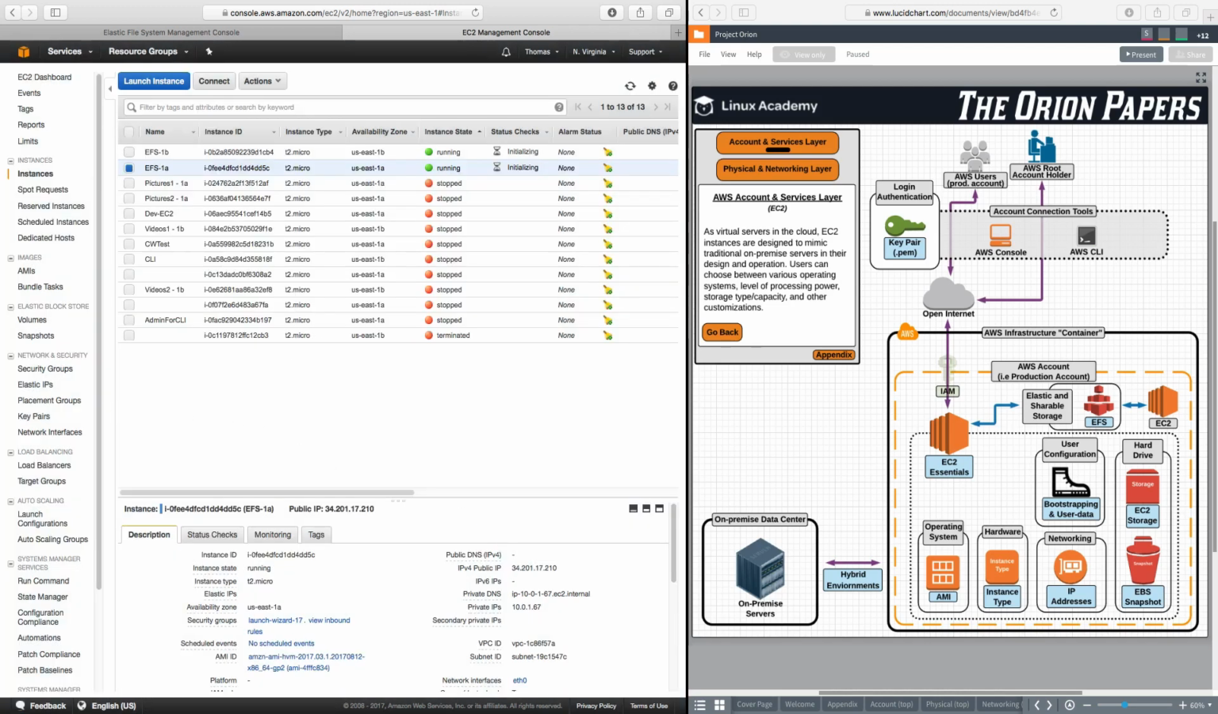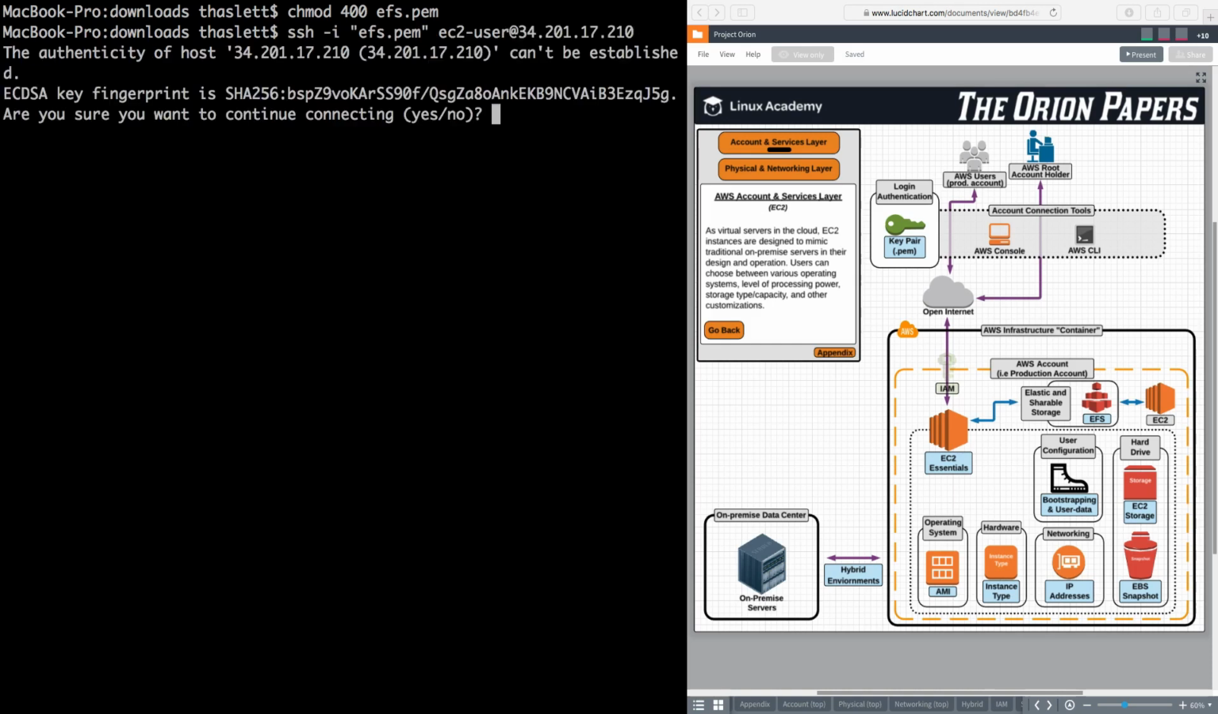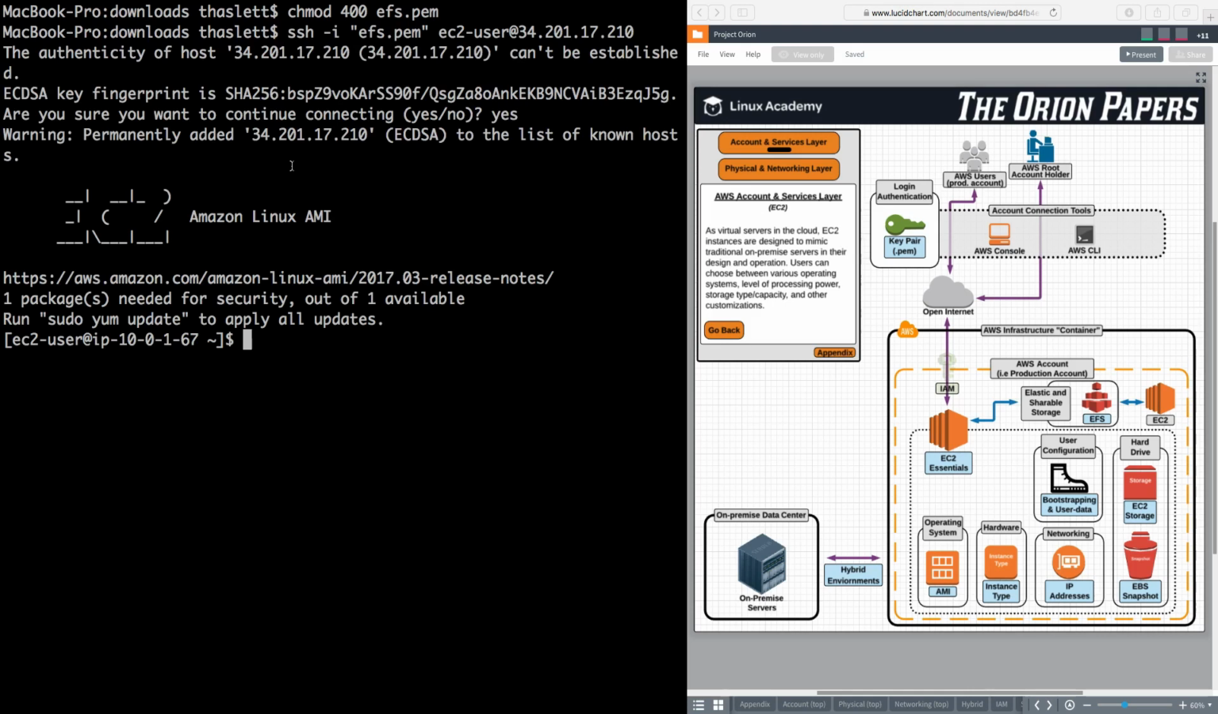And I'm going to switch over to the terminal. So I'm in my downloads directory. That's where I've downloaded the PEM file to. And now I actually have to make sure I run the chmod 400 command on it to give the file proper permissions. All right, now I can go ahead and just copy in the command to SSH into this particular instance. Okay, so now I'm logged into instance number 1,